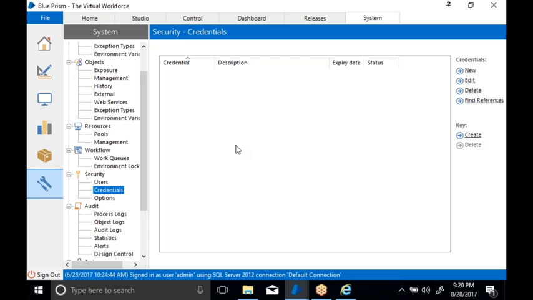These will be operated by the administrator. One administrator will be there for the entire Blue Prism, who will take the credentials from the client. Whatever application credential the client gives, he will store under the Credential Manager. Whatever credentials you store here, you will get an option to access them inside your process or the object.